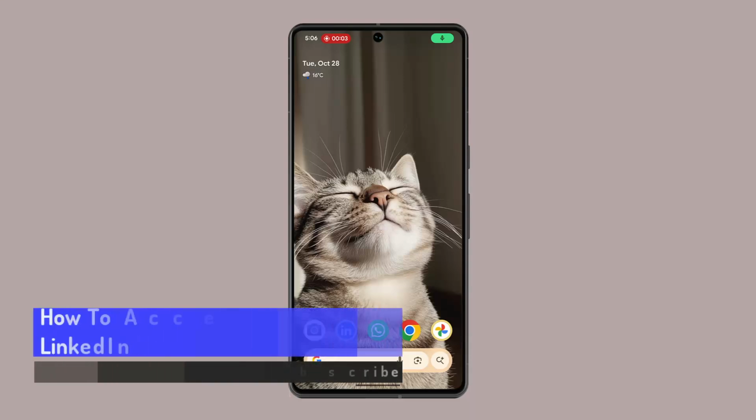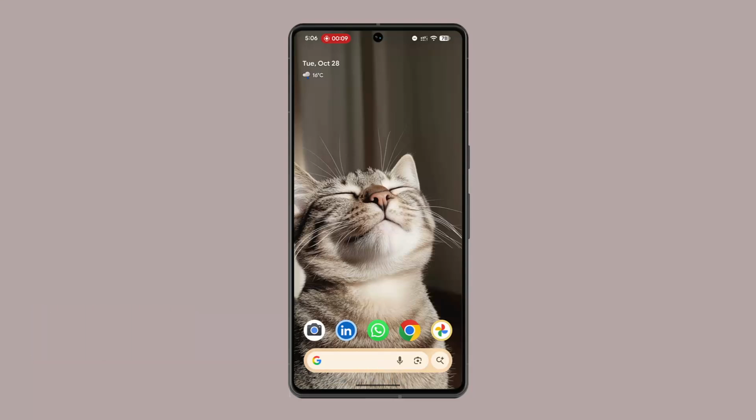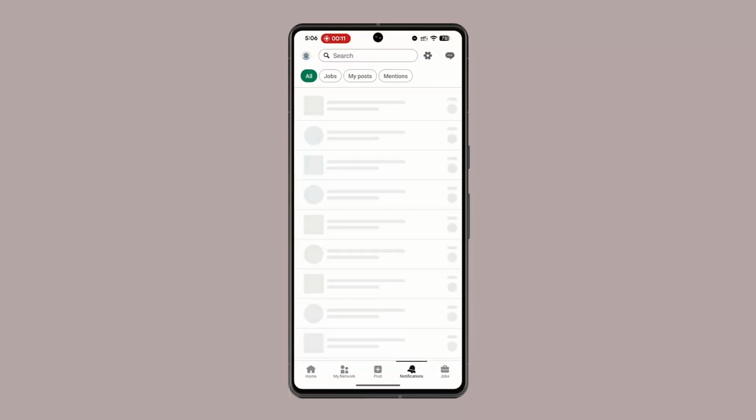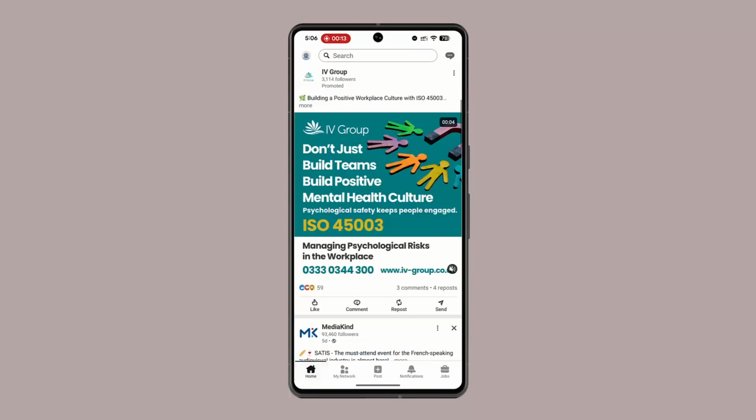How to access analytics in LinkedIn. In order to access LinkedIn's analytics, you need to click the me icon on the home page. So basically, you want to make sure that you have a stable internet connection and that you've updated the application